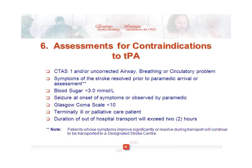But if you arrive when they're normal, they don't make it. Seizure at onset, that's clearly, we talked about that. Most likely a bleed, maybe this is Todd's paralysis afterwards. Maybe you have an airway issue, you go to the local hospital. GCS less than 10, you're probably going to get into an airway issue or an alternate diagnosis, so these go to the closest hospital. Terminally ill or palliative care patients, we define that as best as we could, but remember,